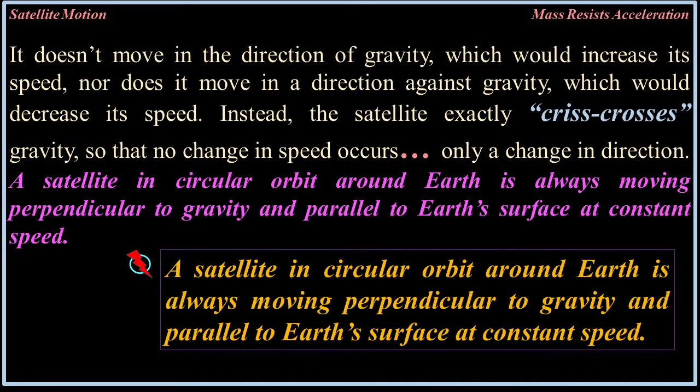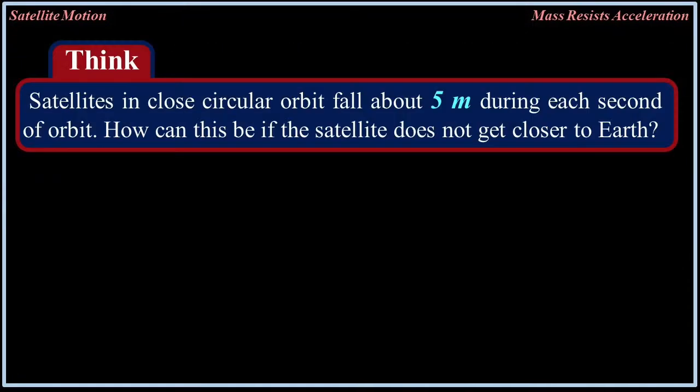Instead, the satellite exactly crisscrosses gravity so that no change in speed occurs, only a change in direction. A satellite in circular orbit around Earth is always moving perpendicular to gravity and parallel to Earth's surface at constant